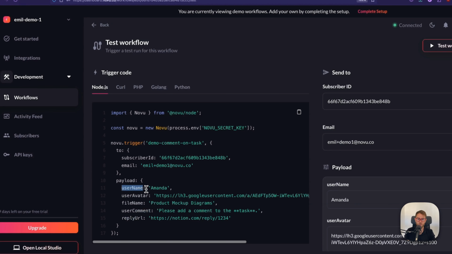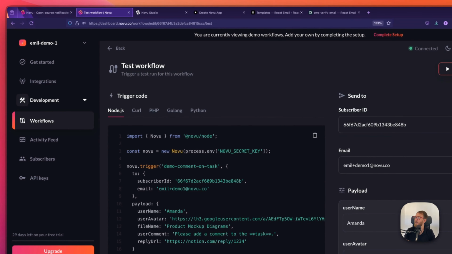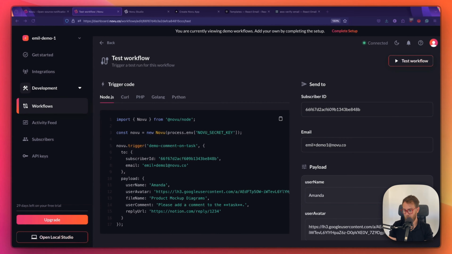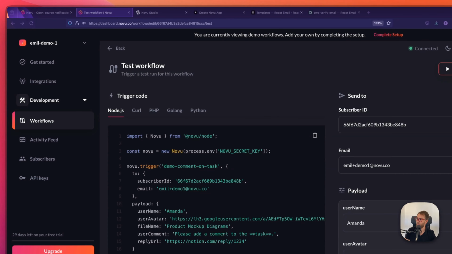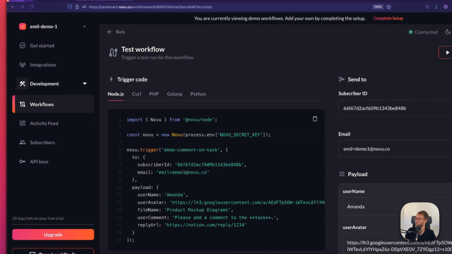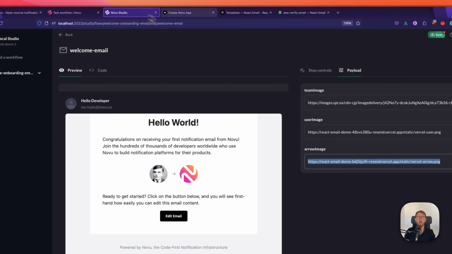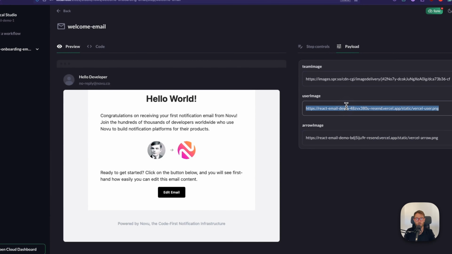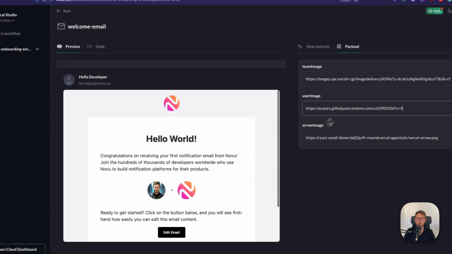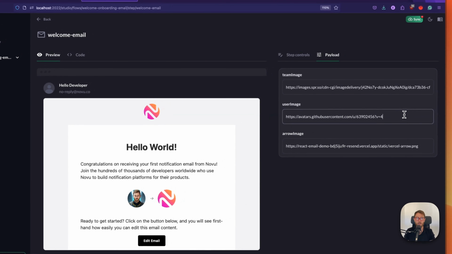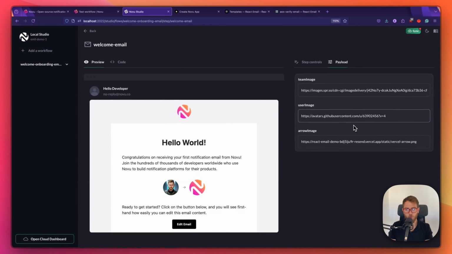For example, the username, the user avatar, the file name, etc. So right now I will go to my GitHub profile, and I will just copy the link to my profile image. And I will paste it here. Okay. I'm just modifying this, but what it actually means to show you is that when the trigger is being triggered,